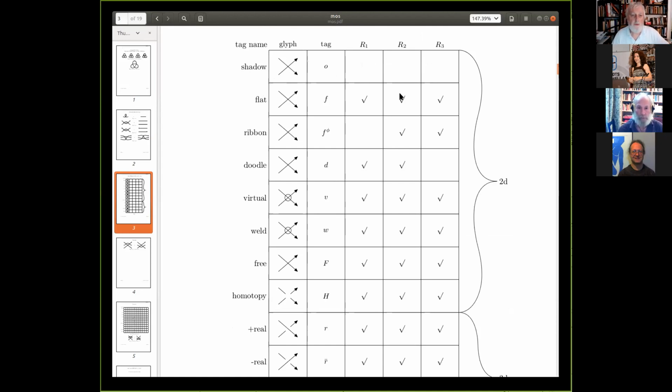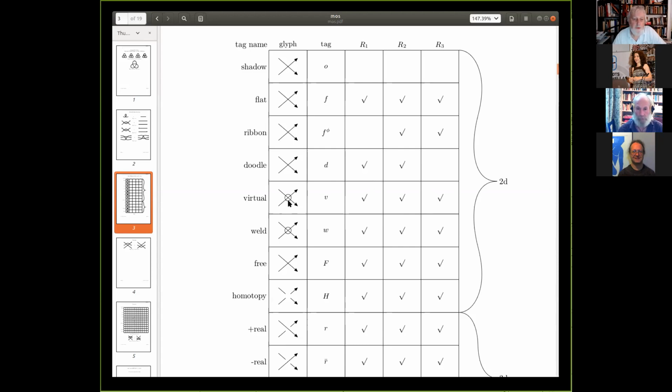Flat just obeys all the Reidemeister moves. The ribbon, on the other hand, satisfies R2 and R3, but not R1, because that would introduce a kink in the ribbon. The doodle satisfies R1 and R2, but not R3. And so on. There's virtual, which has a tag of V,